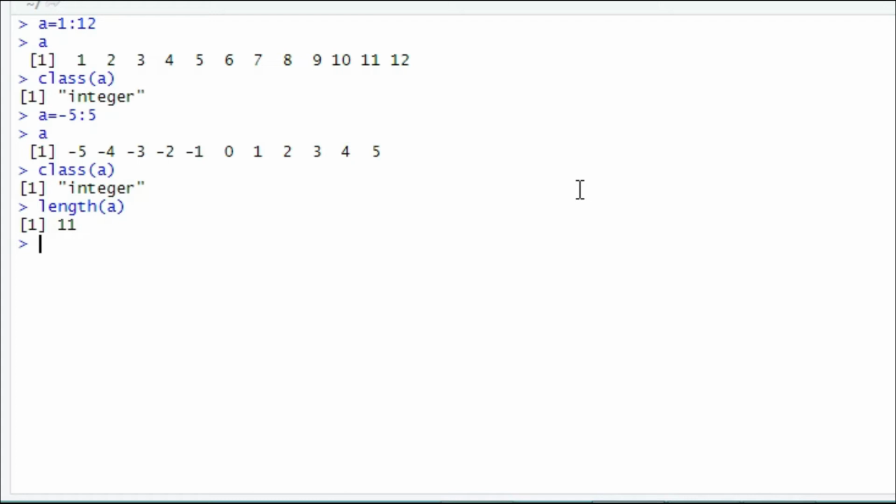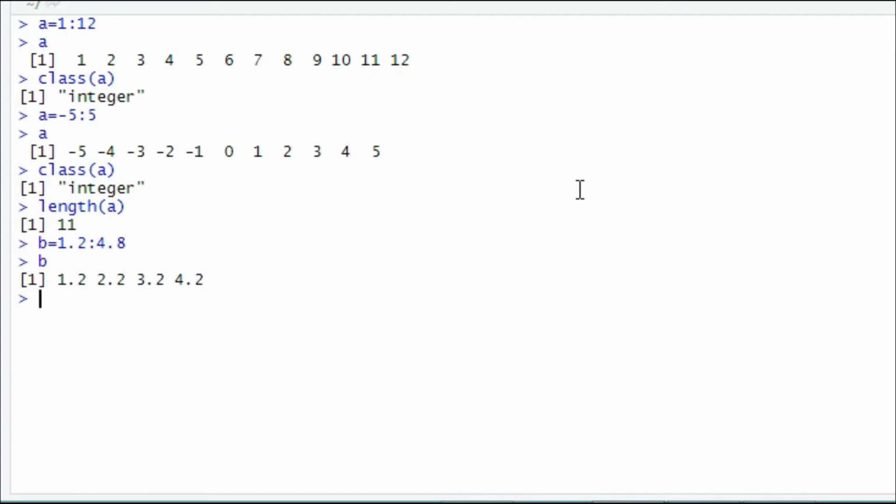Now I will define a vector of decimals using this colon operator. Let it be B. B equal to 1.2:4.8. So check it. That's 1.2, 2.2, 3.2, 4.2. Check one thing: whenever I define it, I do not mention the jump from the first value to the second value. So by default it is 1, that is 1.2, 2.2, 3.2, 4.2. The next value would be 5.2, but that is not in the range of the vector, so it is not printed.